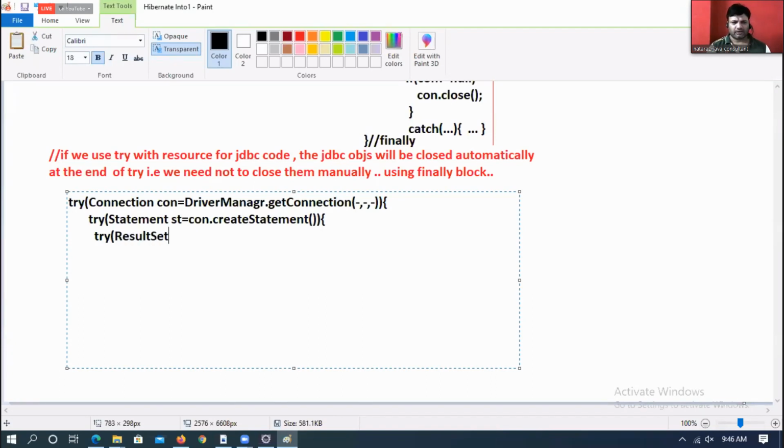Try, ResultSet rs is equal to st.executeQuery("select * from ..."). Here I will write logic to process the result set object.